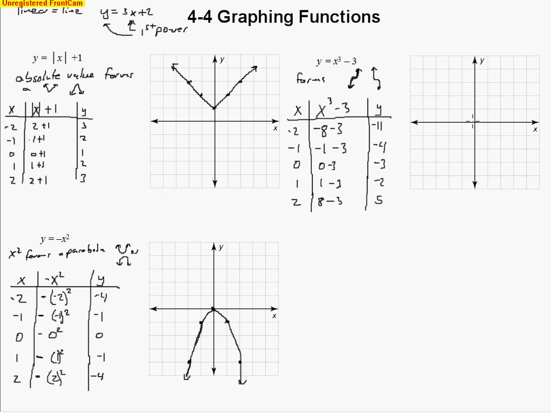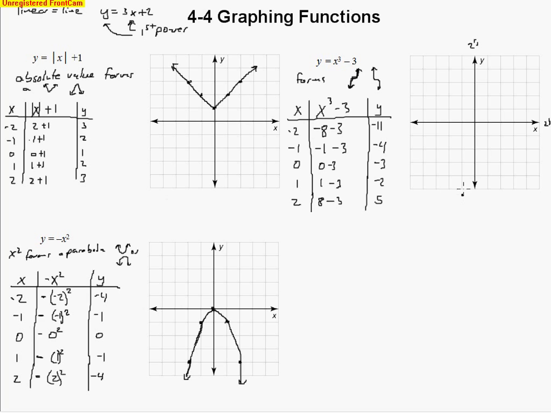So what I'm going to do is go ahead and change the scale of the graph. And I think I'm going to do that. I'm going to go by 2's. So I'm just going to write down 2's here. And I'll go by 2's here as well. So I'm going to go over 2 spaces to the left. So this is 2 right here, 2 spaces over, because I'm counting by 2's. And then down 11, so that's 2, 4, 6, 8, 10, and so 11 is going to be about right